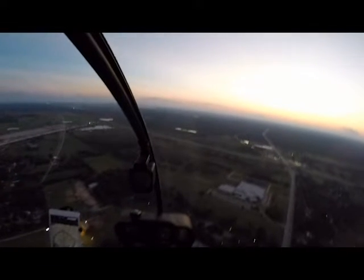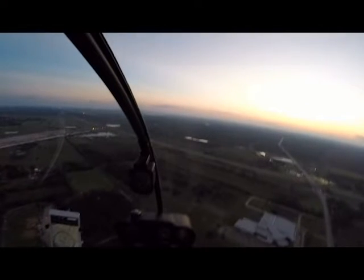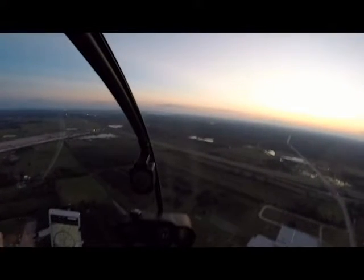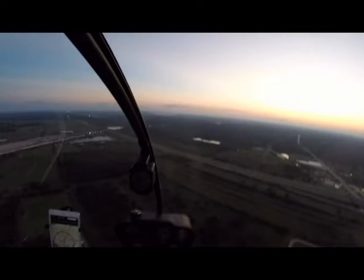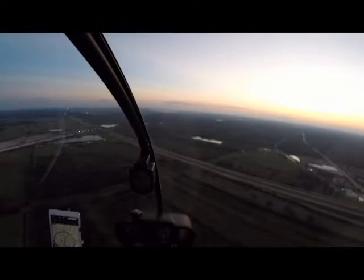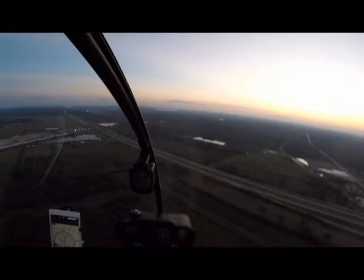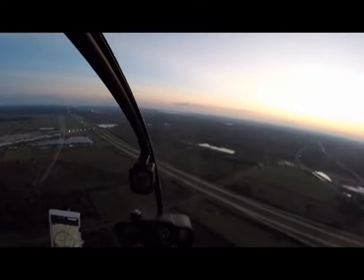And the next call we'll do is whenever we turn final, because we're not really doing a base, it's more like we're lining ourselves up for a final. Okay, we can do our pre-landing checks. We usually do them on our downwind, but yep, do our normal checks. Alright, lights out, gauges are green. Carb heat is not up since we didn't do downwind, but